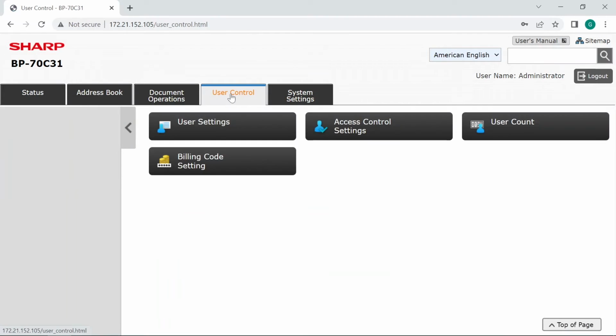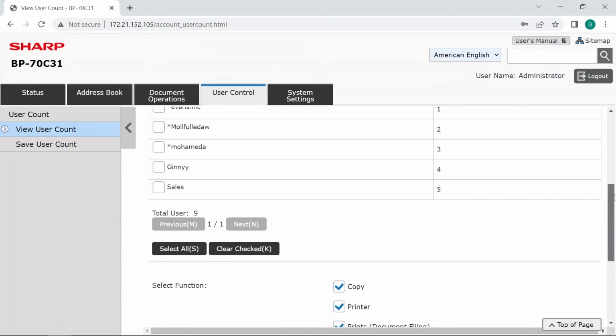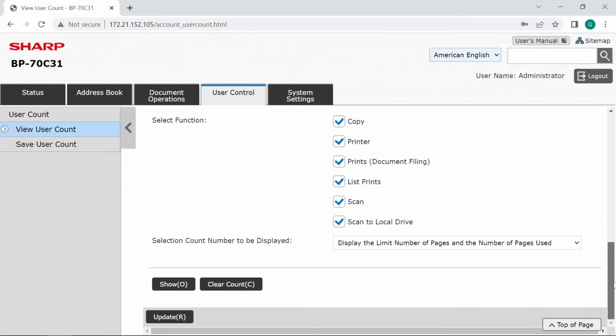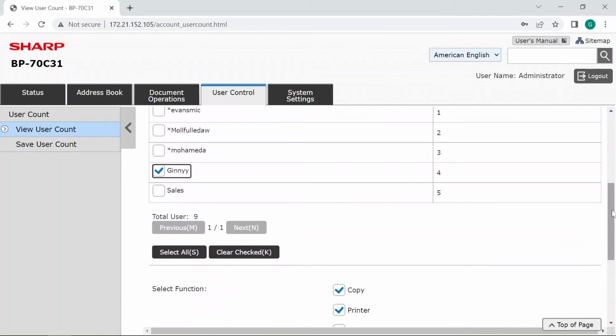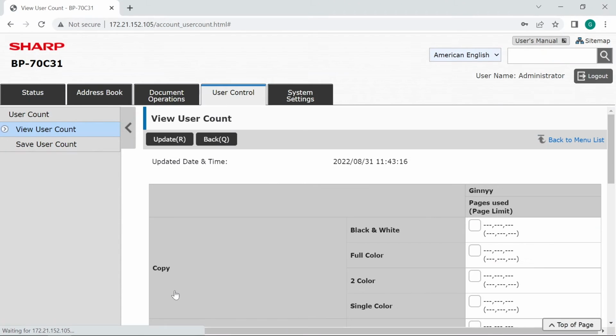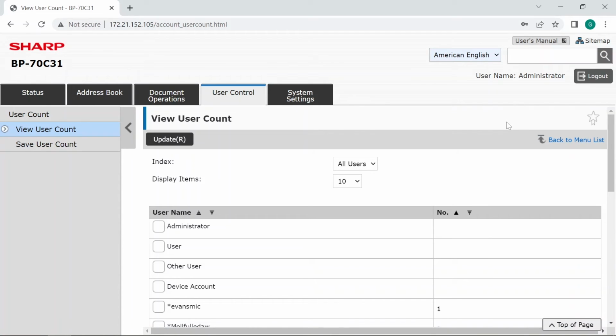Under user control as well, I also have my user count, where I can go into a specific name and show how many copies on the screen they have made at that time. I can also go to user count, and I can save my user counts,